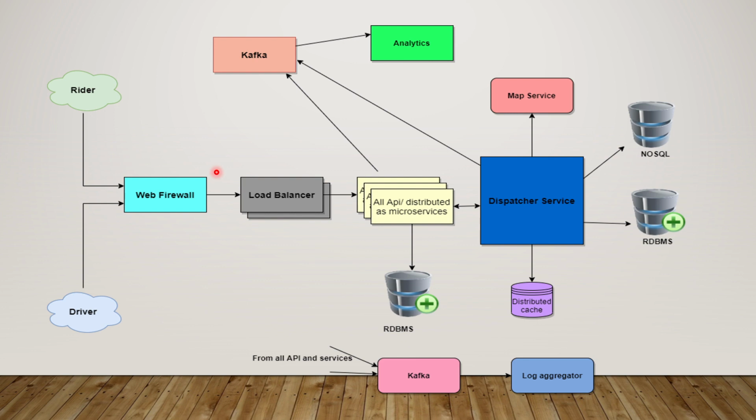So you need a place where your logs can be aggregated. If something goes wrong in one of the APIs, you need to go and check the logs. So here you will have a queue where all the APIs write their logs, and from there they will be aggregated. There will be a log aggregator service which works with this particular queue. So overall, this is how the cab booking system design will look, as per me.